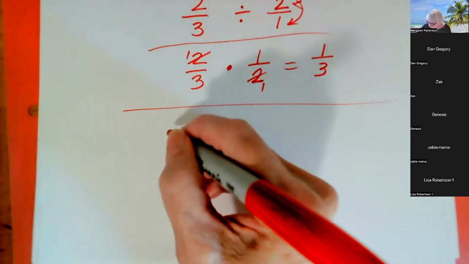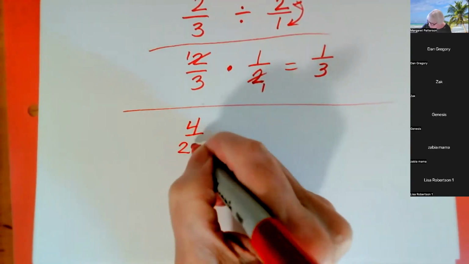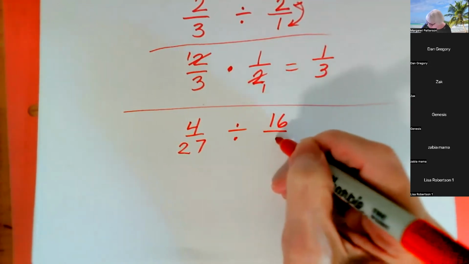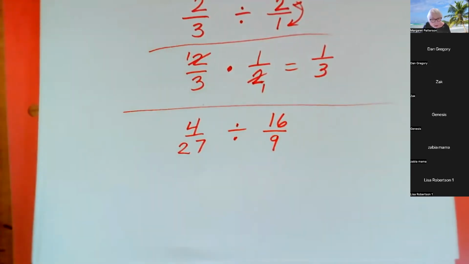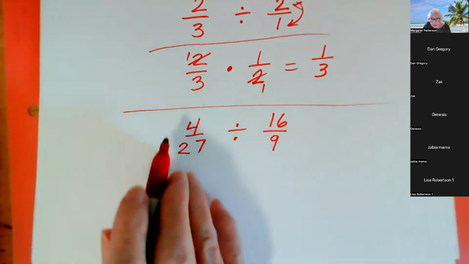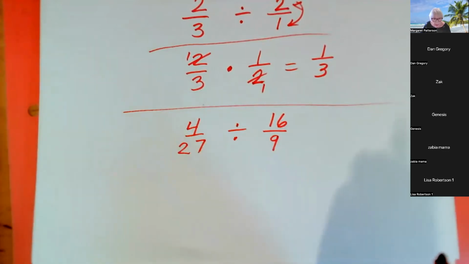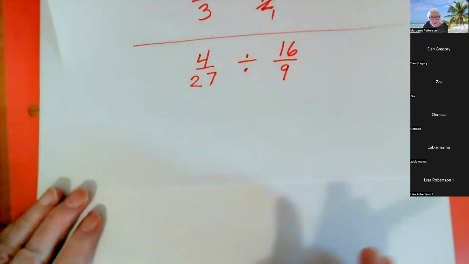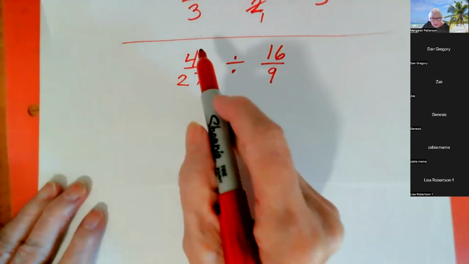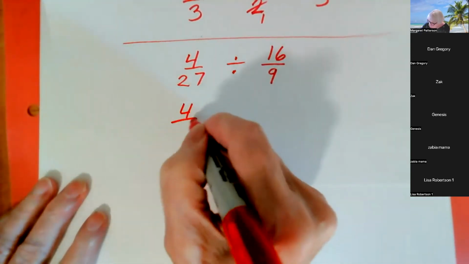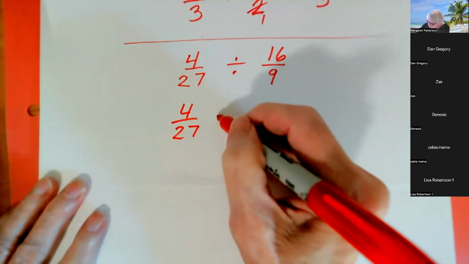Let's try another one. 4/27 divided by 16/9. You can see how, whereas the first problem I showed you was 4 divided by 2, this is a horse of a different color, right? Nobody's going to be guessing what that is. So we better have some sort of method. And the method is convert it to multiplication. We have simple fractions, which makes life good. And so we go 4/27, multiply,